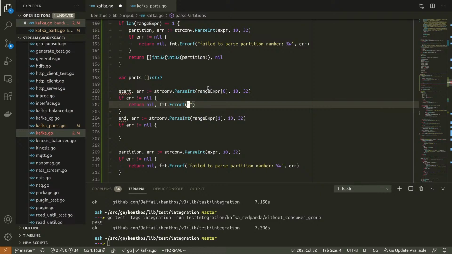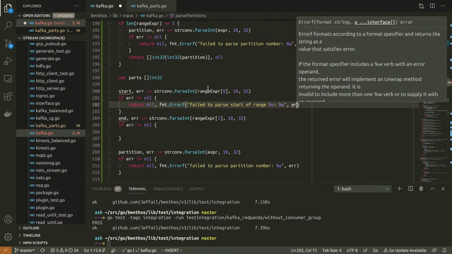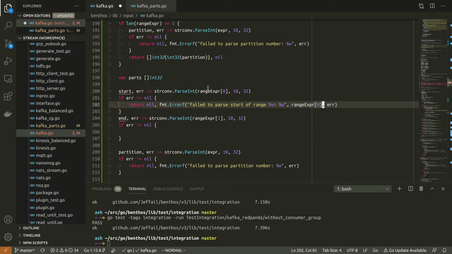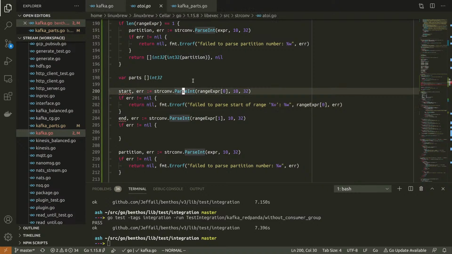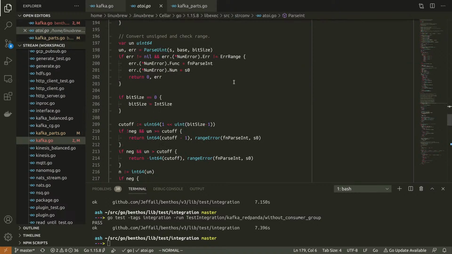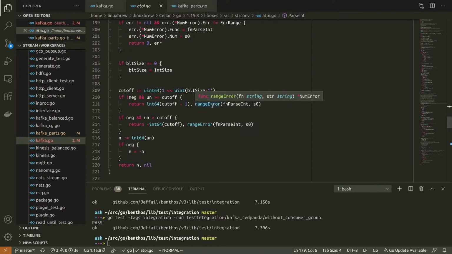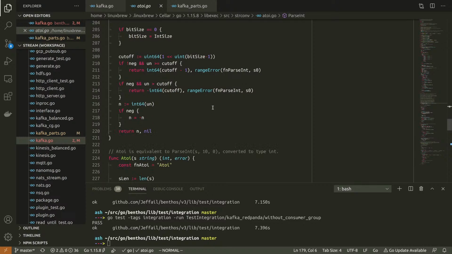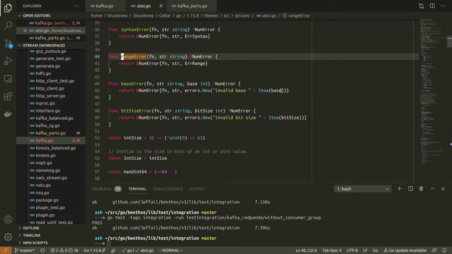Failed to parse start of range. Range expression 0. I think strconv, when you fail to parse, actually prints what it saw anyway, but I'm not entirely sure.